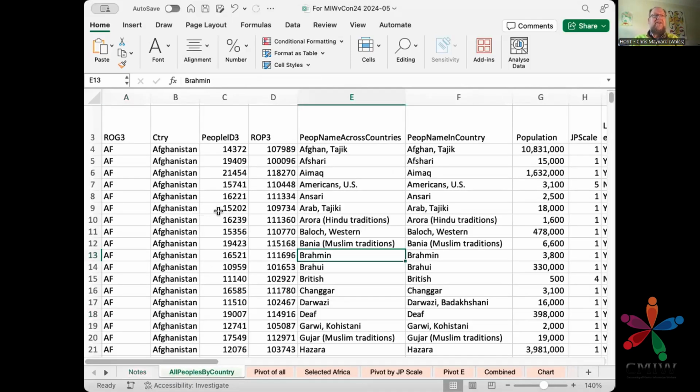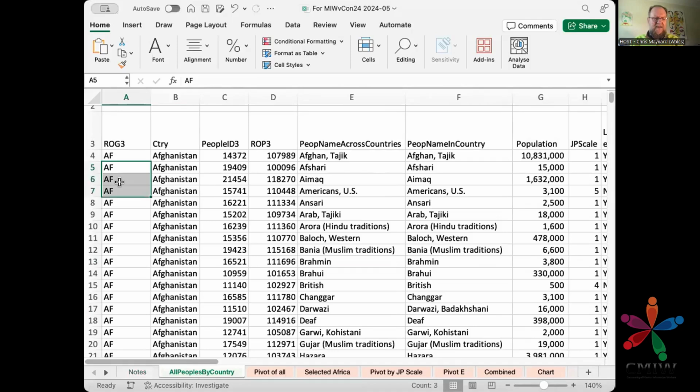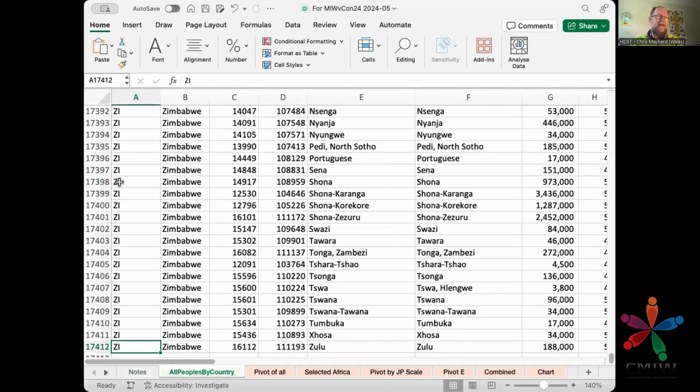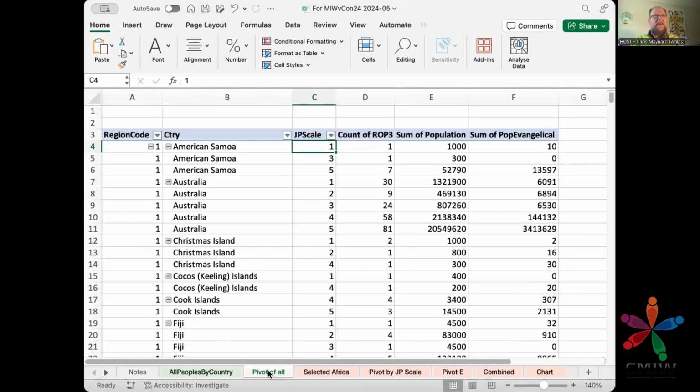Okay, so here I've got data downloaded from Joshua project. So if I go down the bottom using command down arrow, I've got 17,000 rows. Okay, loads of data. So I'm using a pivot table, which I won't even try to explain, to aggregate some of that. So here we've got aggregated together, we've got a country with the different Joshua project scales. I wasn't sure which I was going to take at this point, 1 being the least reached and 5 being the most reached. The number of peoples there, the sum of that population and the sum of the evangelicals in